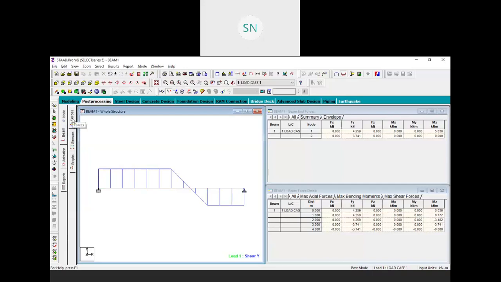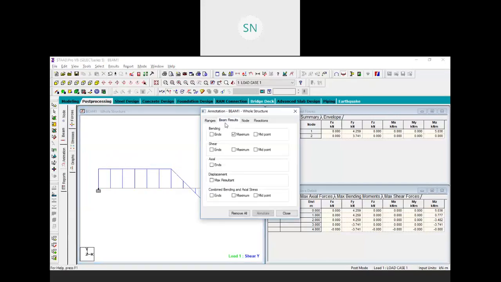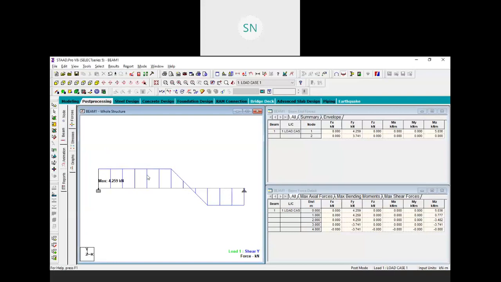Okay, so you need to stay in forces, beam, forces. Turn on this shear force and again go to the result, view value, beam result, and not this one, I want shear force, annotate. So this is our maximum shear force. So it is clear now.